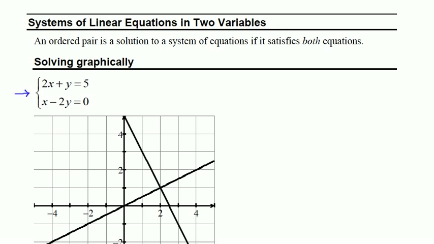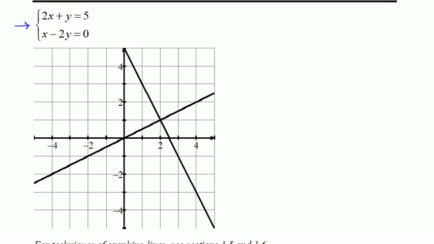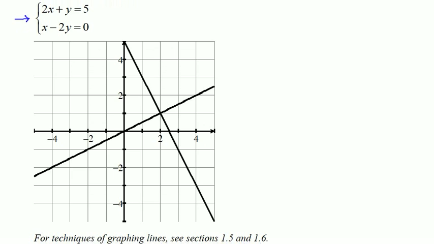So one way to find these solutions is to solve graphically, which means to graph both equations on the same grid and look for the intersection point. In this example, these are already graphed for us. We're just going to observe which is which. This one here is x minus 2y equals 0. I can tell because it passes through the origin. And this other one is 2x plus y